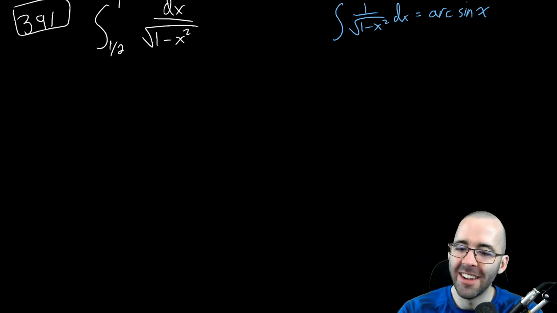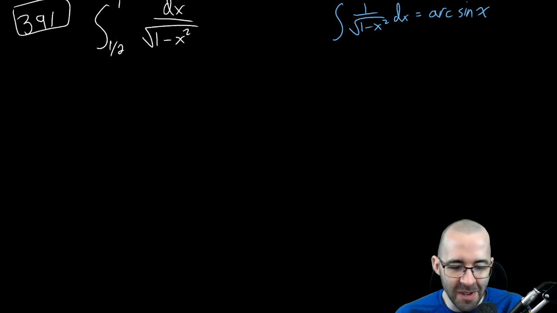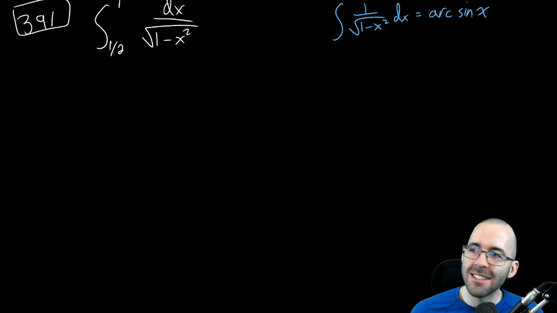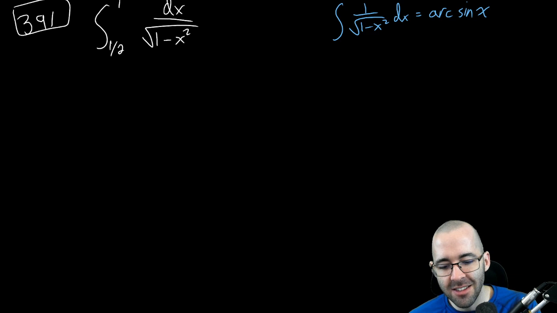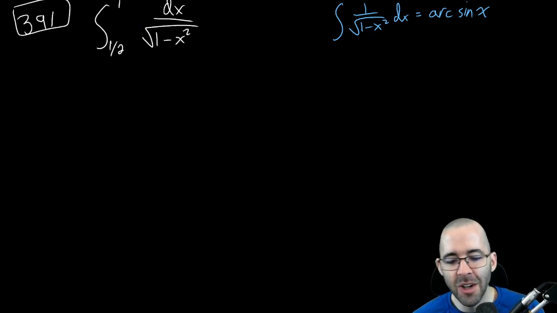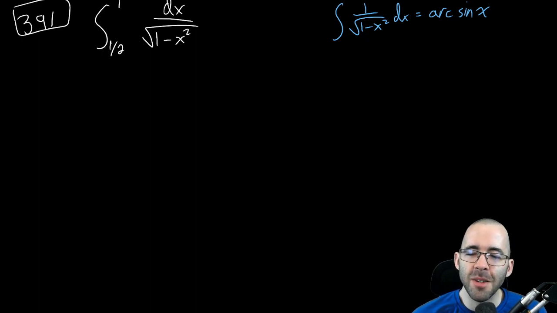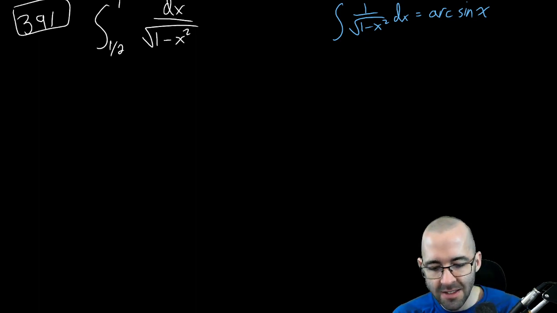Hold on. 1 over the square root of 1 minus x squared is indeed arcsine. The thing is, we have to be careful because this function is not defined on the interval from 1/2 to 1. It's defined at a half, no problem, and it's defined everywhere up until 1, but at 1, it's no longer defined. And bigger than 1, it's no longer defined, but we don't have to worry about that. So this is going to equal